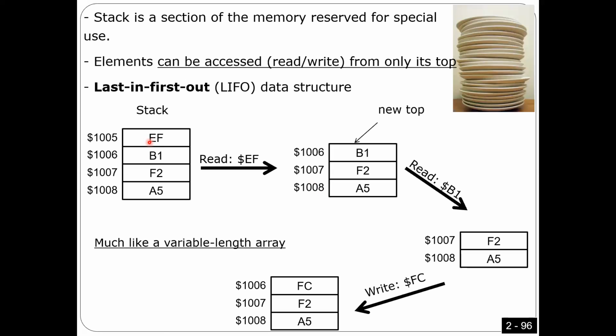Okay, very simple. So if you want to add something to the stack, I have to add it on top of the location stored in the stack pointer, right? If I want to read something from the stack, I have to read the data stored at the location pointed to by the stack pointer, and also I have to update the stack pointer. Every time you read or write, the stack pointer has to be updated. So here the stack pointer is 1005 because this is the top. Once I read something, it's going to be 1006, 1007, and then 1007 again. Okay. So let me go to the,